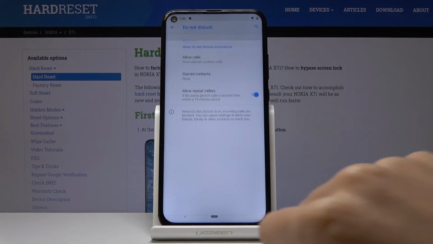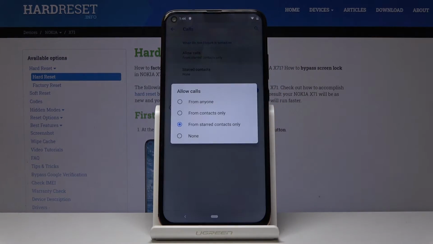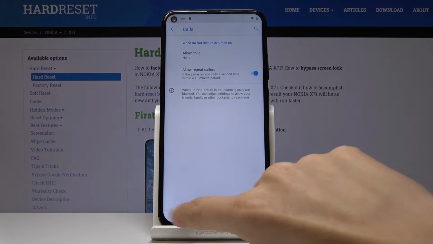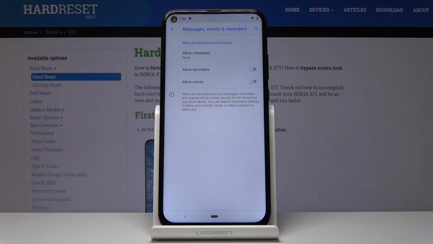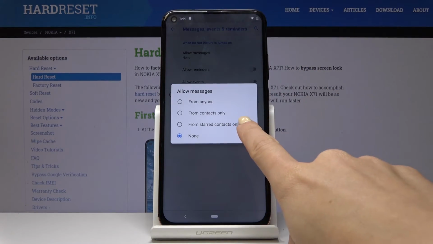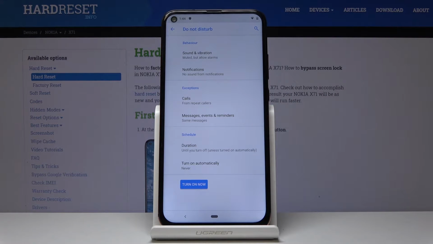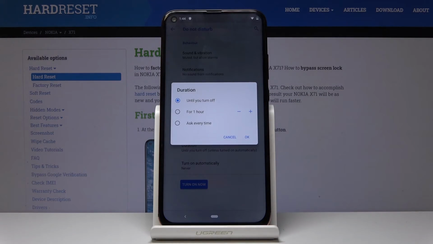Then you can add some exceptions, so you can allow calls from anyone, contacts only, starred contacts only, or none, and I will pick none of them. Then you can also allow messages. I will allow messages from starred contacts only. And finally, you can pick the duration of DND mode once you activate it, so it can be either until you turn off, for some particular time, or it can ask you every time, but I will stay with the